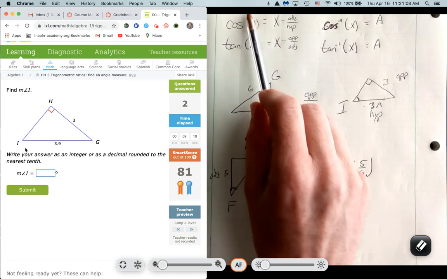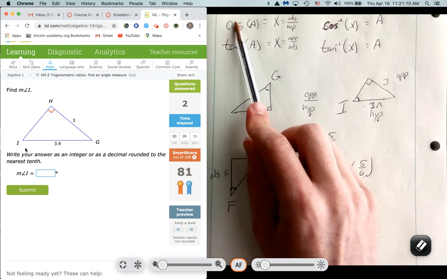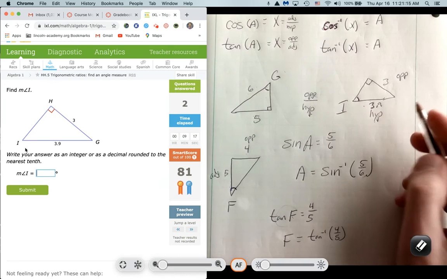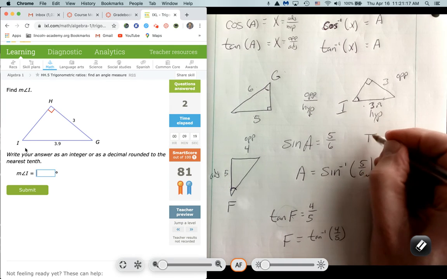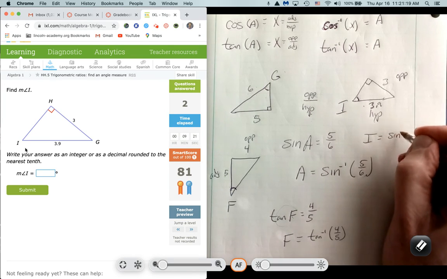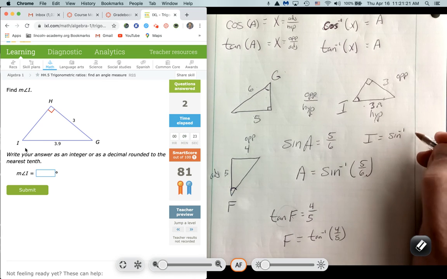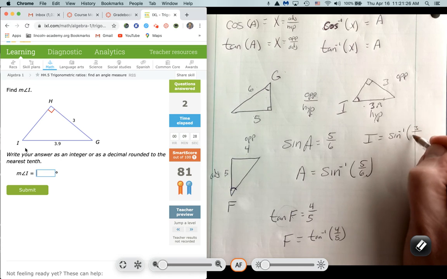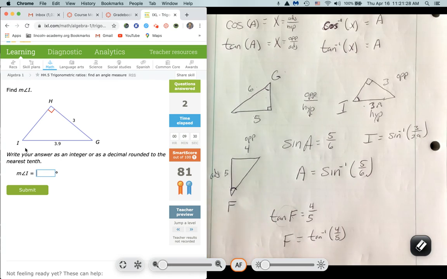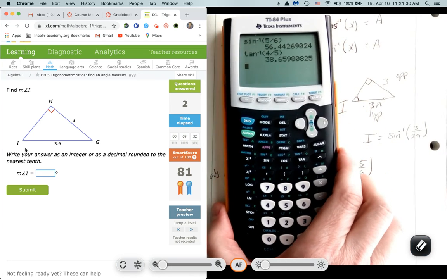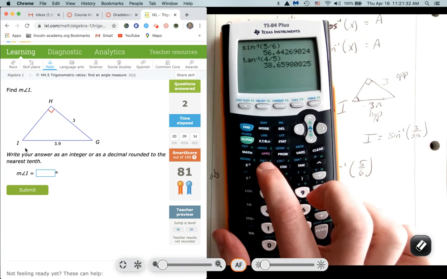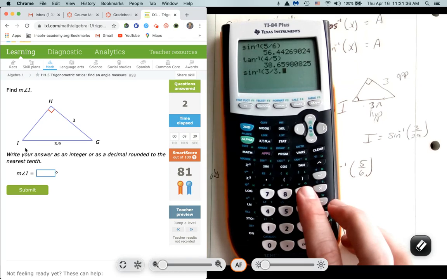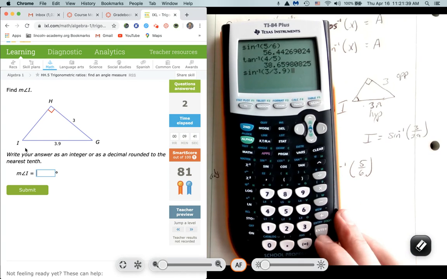Again, I look at my 3 trig functions. What trig function uses the opposite and the hypotenuse? Well, the sine does. So to find angle I, I'm going to be doing the inverse sine of that opposite over hypotenuse, 3/3.9. Grab my calculator, hit my second inverse sine of 3/3.9, hit enter, and I get